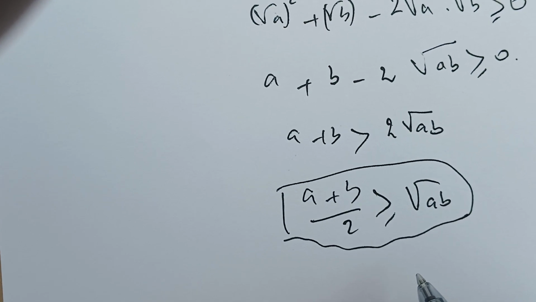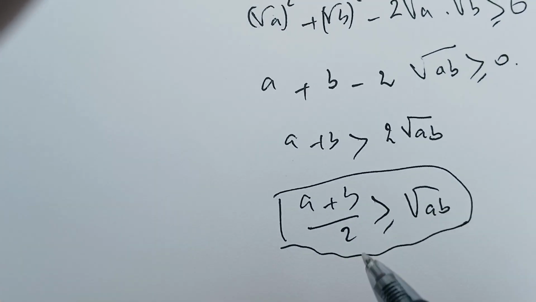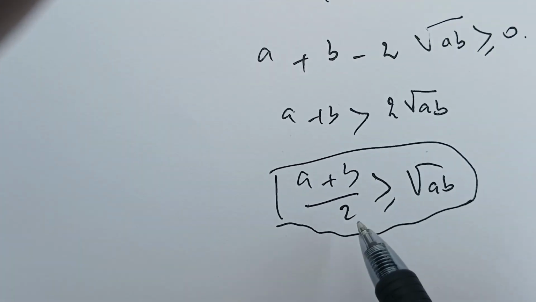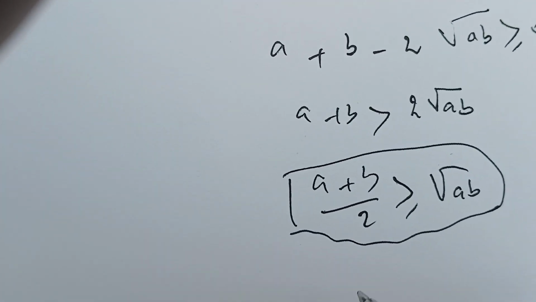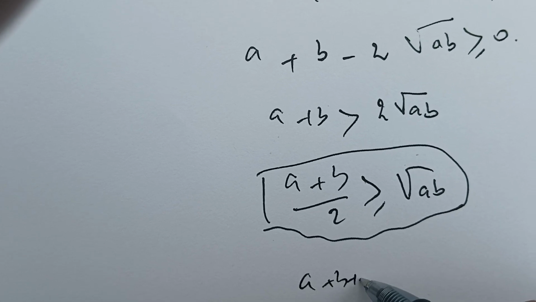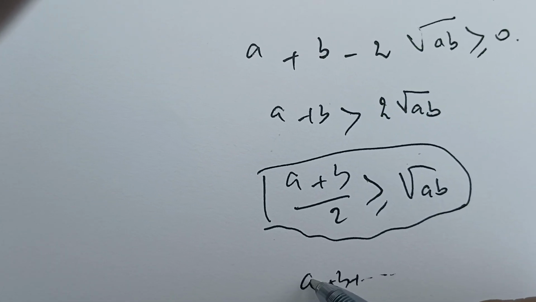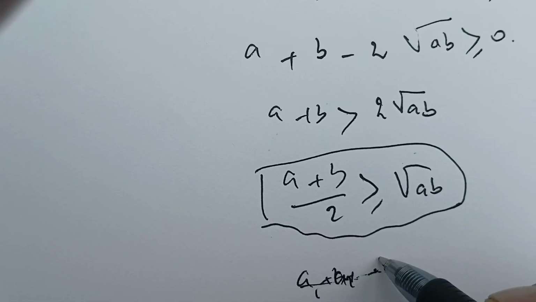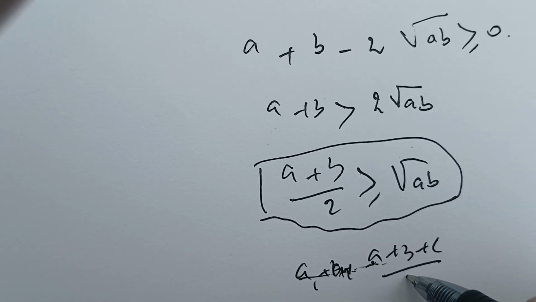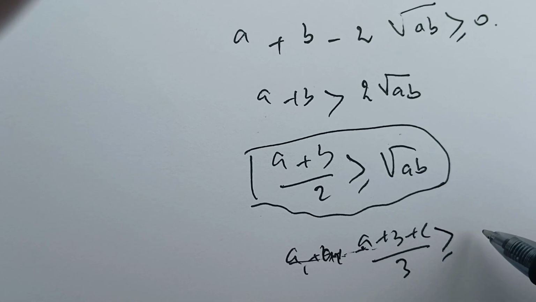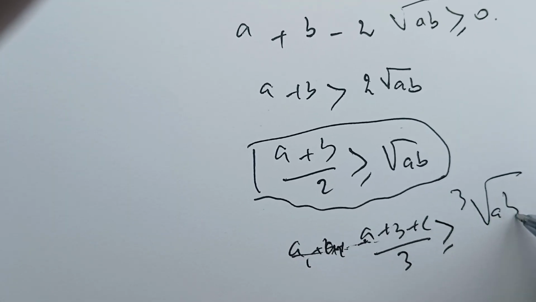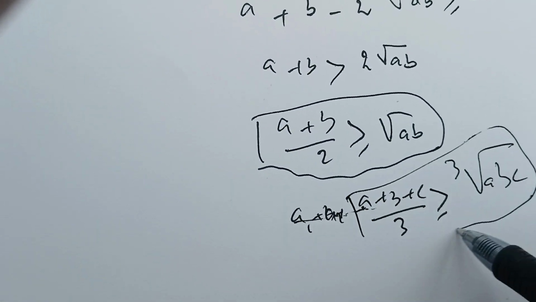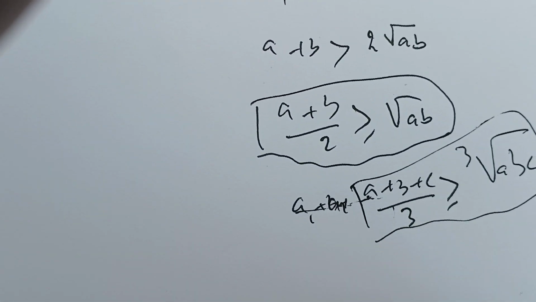The next step for us is to see, so this is the square root. Okay, so can we generalize this one? Can we say, let's say, (a + b + c)/3 is greater than or equal to the cube root of abc? Okay, so we can prove this one, and in general we can prove that